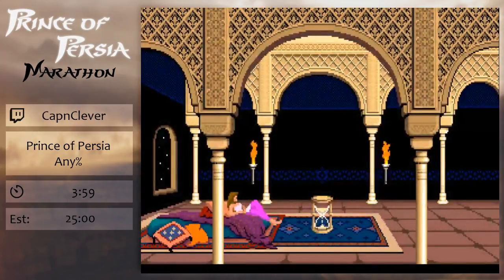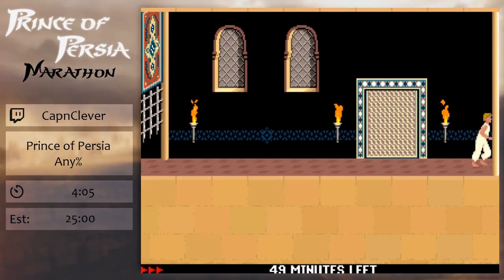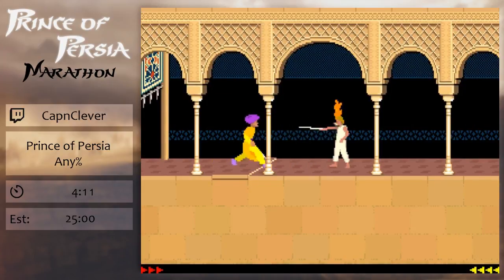This is cutscene stuff. That's the princess. Doesn't she look nice in 256 colors? So this is level 4, and we start immediately by skipping half the level. Guards can't... Come on, dude. Guards can't...